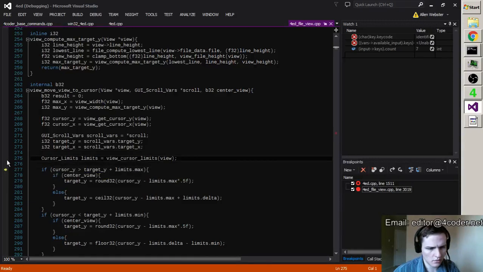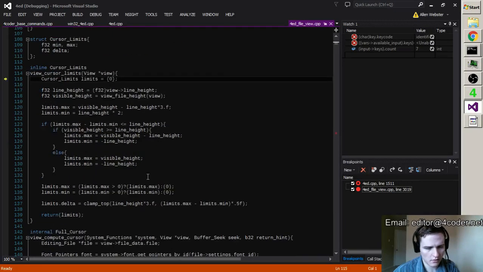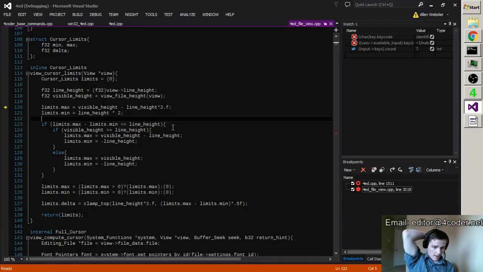Whoa. I know what the bug is. That's the bug right there. Oh man, so this isn't really a bug I can fix. This is just a part of the GUI being crap. So we've learned yet again that I have to make a more real GUI that isn't horrible. But basically what's coming out of this is that every single fact about the GUI is a frame of lag. So the visible height is something we use for figuring out how to clamp things to the right position. Same thing with widths.